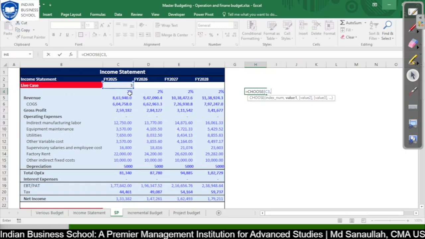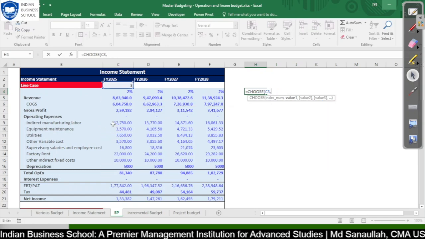So if in the case of the worst situation we want to see the worst situation related net income, we will select here 3. If we want to see the live of the up situation, we will select 1. Okay, so now we have selected the index. Now we will go and select a particular number 1. So in this case,